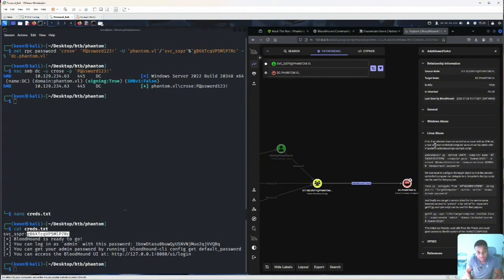So we need to create a malicious computer account and then coerce another user or the domain controller to authenticate into it. Once that domain controller authenticates into our malicious computer account, we now have the domain controller's TGT. We can then use that TGT, or ticket granting ticket, to authenticate as the domain controller and then do a DC sync. So that might be a little bit too complicated for